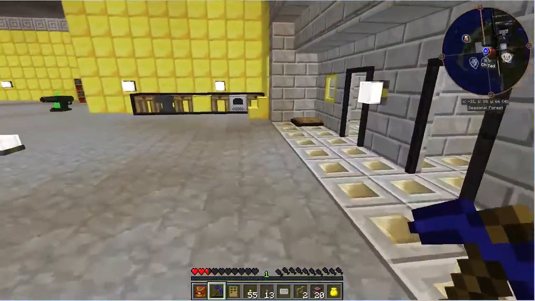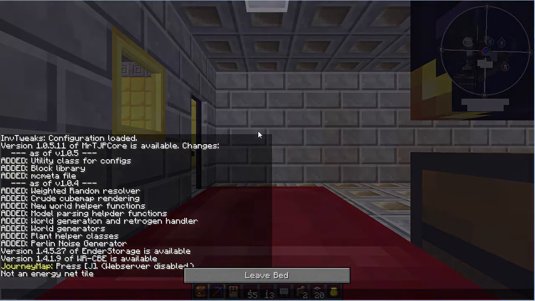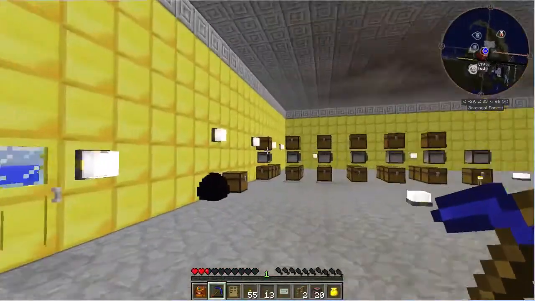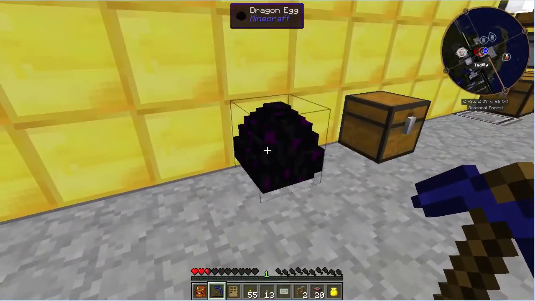If we go into the Crapple store, I'm just going to sleep quickly. There we go. Into the factory. I haven't actually got any new stuff going on the production line here. We've only got the same as what we had before. You may notice this. Yes, it's the dragon egg. We went and